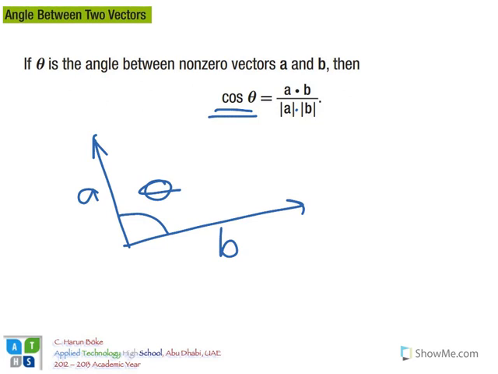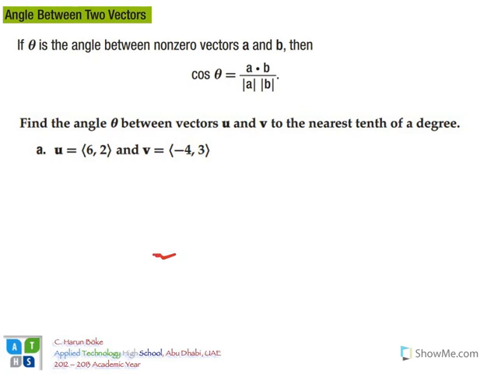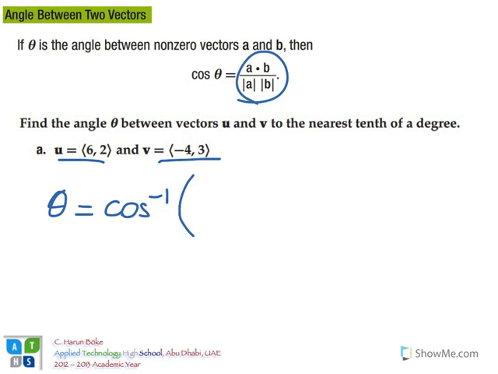Now, of course, this is the relation, but actually we are going to use the inverse of the cosine to find the measure of the angle between these two vectors. So let's see an example. The question says find the angle theta between vectors u and v to the nearest tenth of a degree. Now, we have the vectors here, u is <6, 2>, v is <-4, 3>. So we are going to write theta to be the inverse cosine of, we are going to write this expression